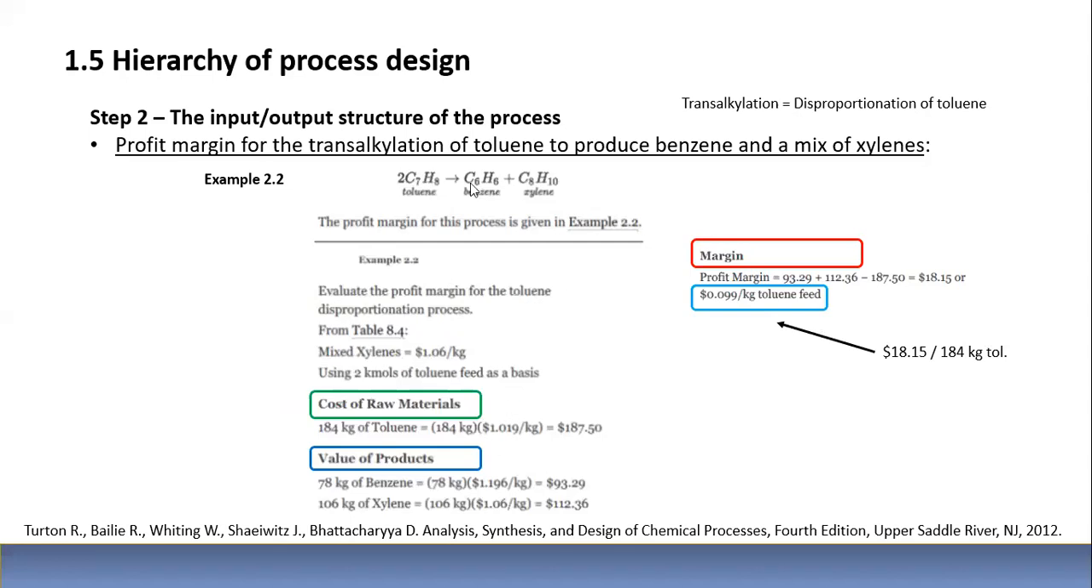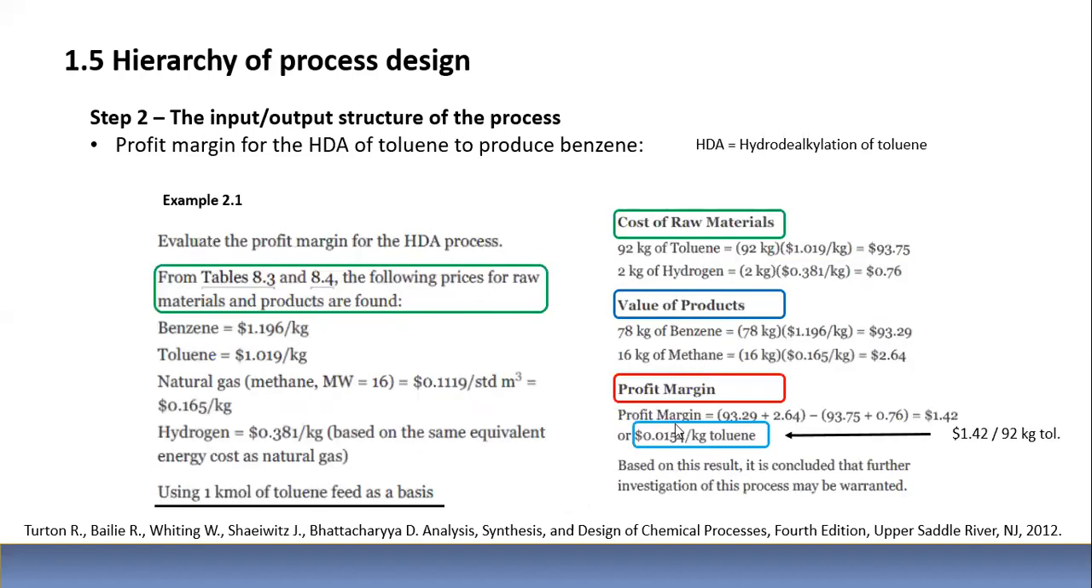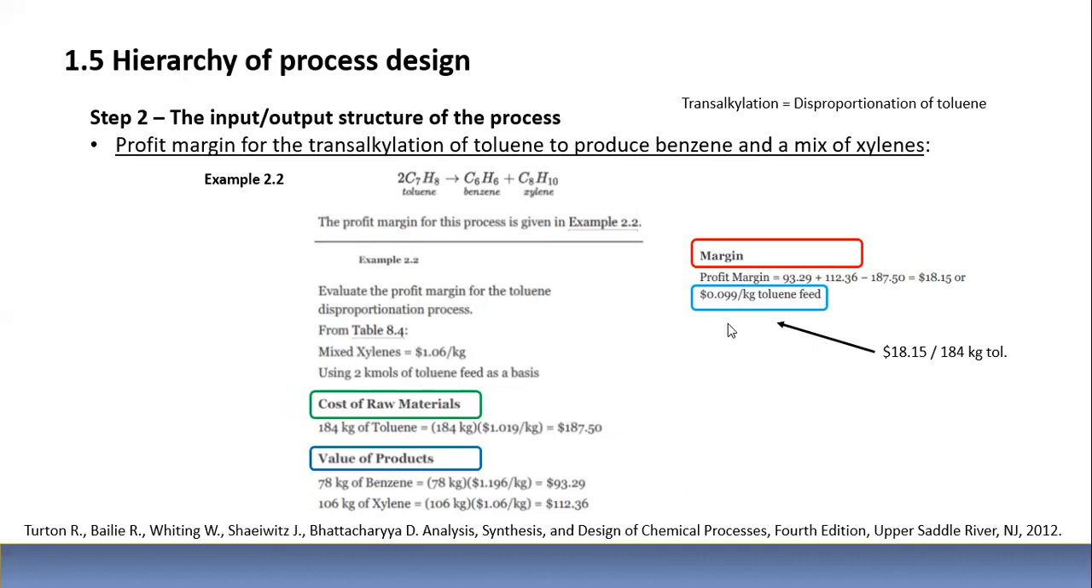But in this alternative process, the transalkylation of toluene, the profit was $0.099 per kilo, and that is almost an order of magnitude more. See, this is almost 0.1 versus $0.01 per kilo. So the synthesis of benzene from toluene was much more profitable than from